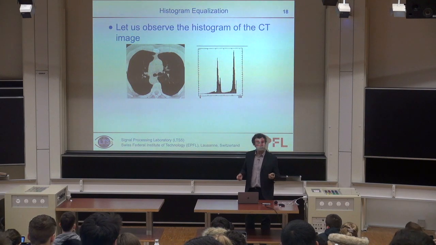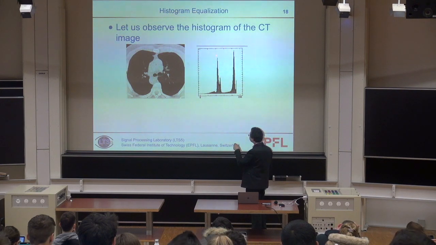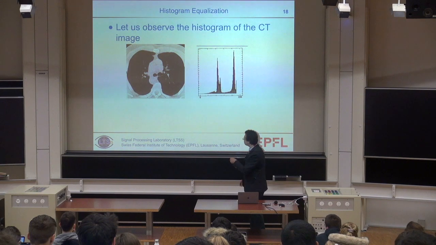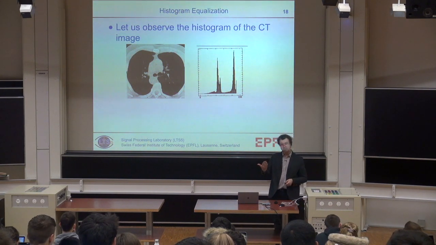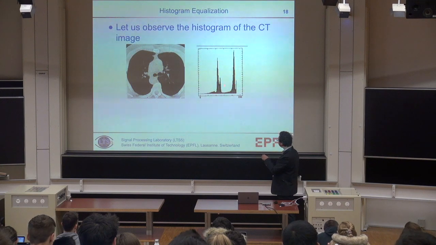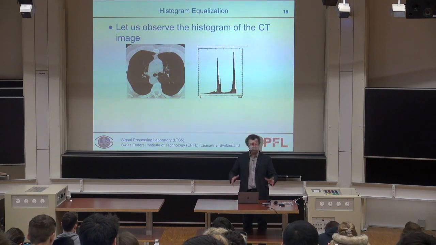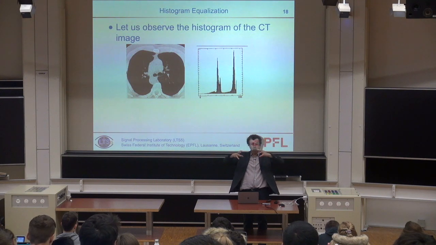What we would like to have is to say, why don't we take this peak and change the value of all those pixels and assign them a value which is somewhere where I have no other information. So I would want to convert that image, to create a new image, where basically this would go there, this would remain maybe somewhere in the middle, this one might go there, and this one might stay there. So at the end, I would like to have a histogram that is much more stretched. A histogram that is more equally